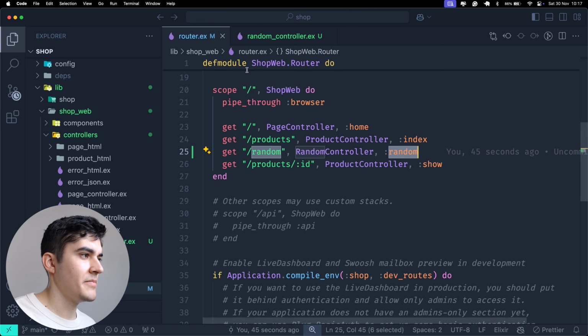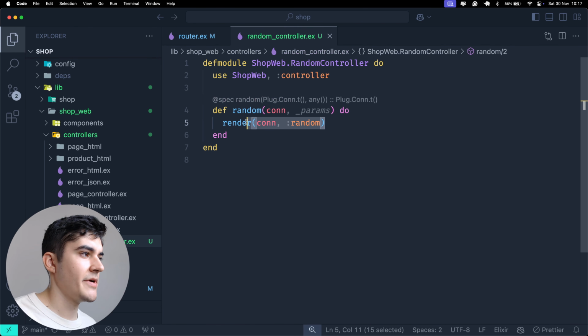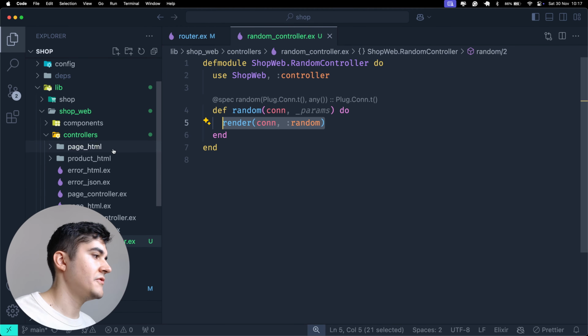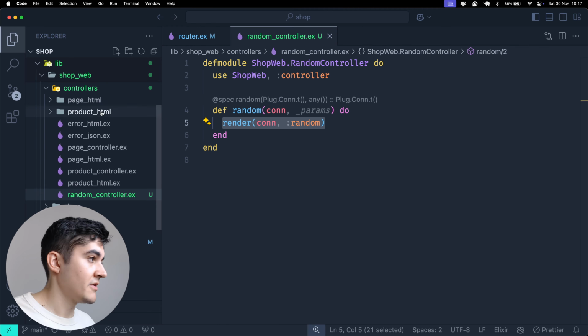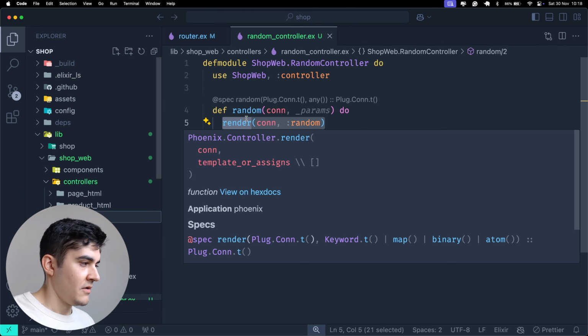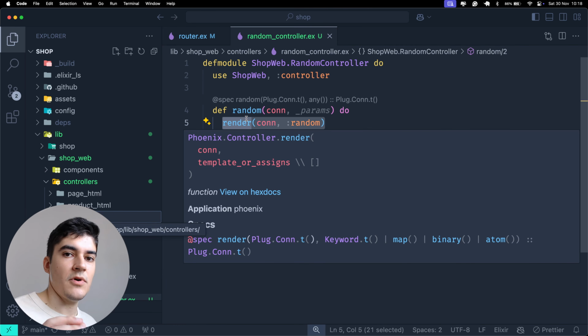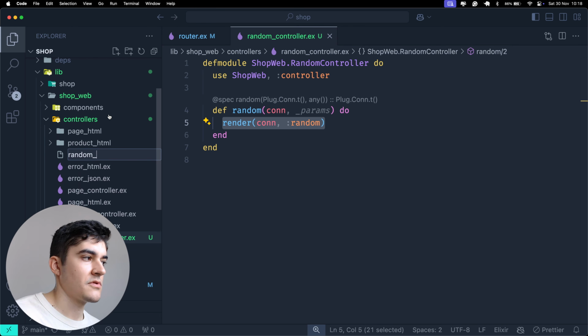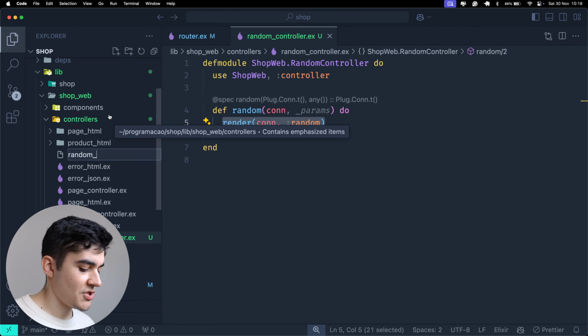This is not working because we are trying to render something, but we don't have the equivalent view file. So of course, this is not going to work. Now to fix this, as I was mentioning before, in the same folder where the random controller lives, you need to create another file, which is the root name of your controller, which is random in our case, underscore, and the format that you want to use. So in our case, we want to use HTML. So it's random underscore